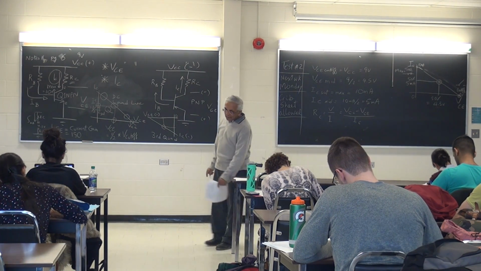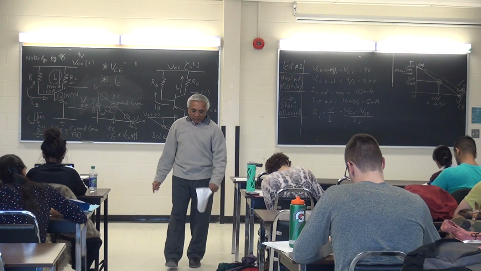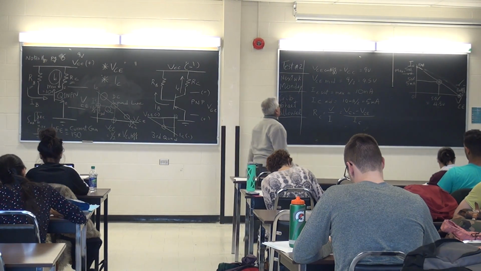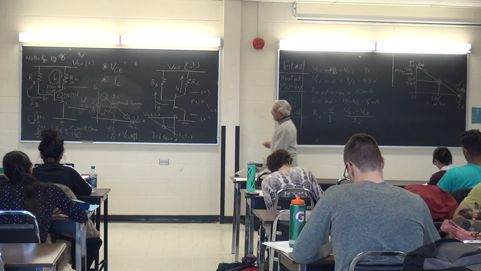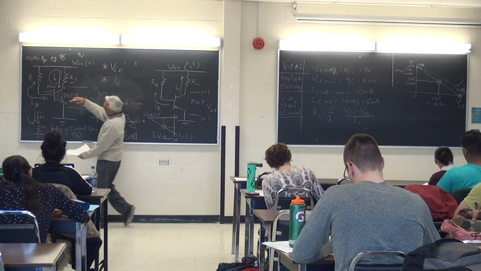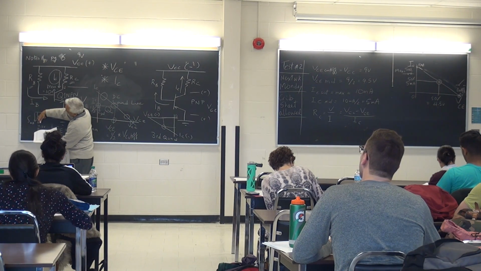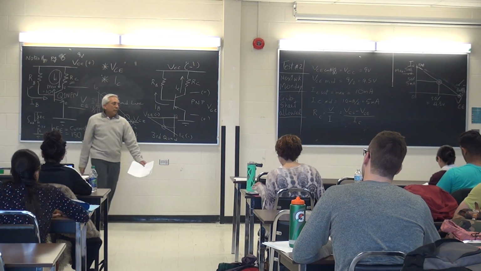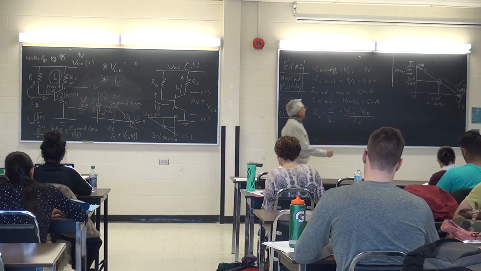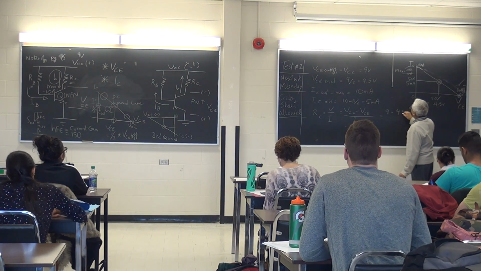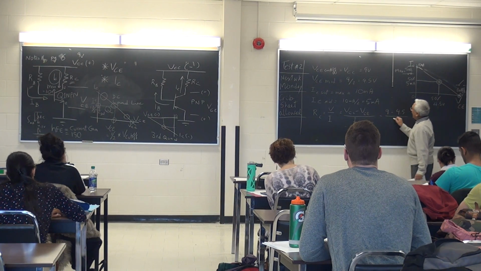Total voltage minus the voltage from the collector to the emitter is the voltage at the resistor. Voltage divider, right? This is my voltage divider. If this is 9 and the voltage here is 4.5, then the voltage at RC is 4.5. So it's 9 minus 4.5 divided by 5 milliamps,